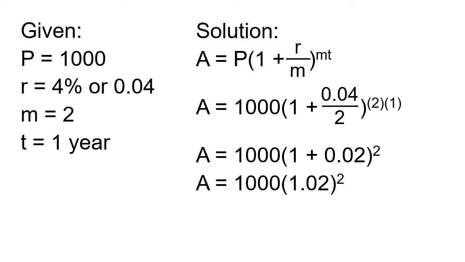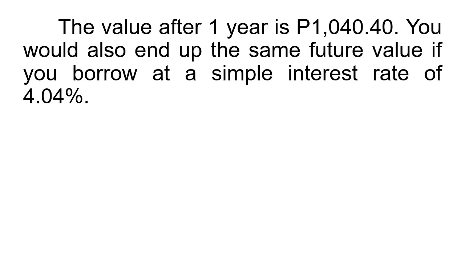1 plus 0.02 is 1.02 raised to 2, and then multiplied by 1000, you're going to get 1040 pesos and 40 centavos. So the future value is 1040.40 pesos. The value after 1 year is 1040.40 pesos. You would also end up with the same future value if you borrow at a simple interest rate of